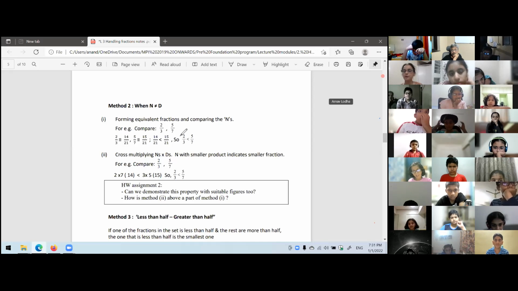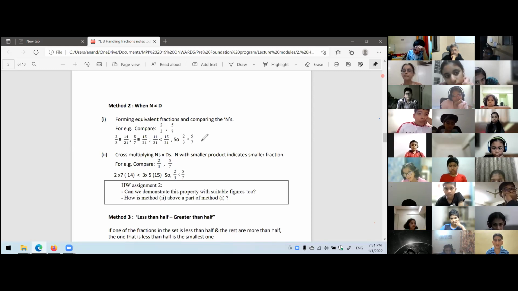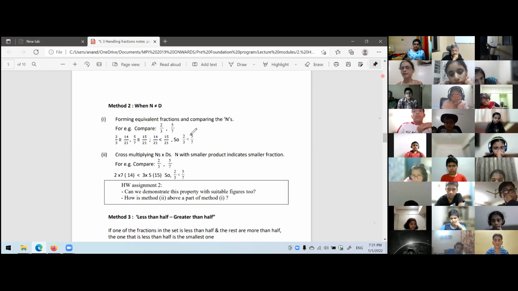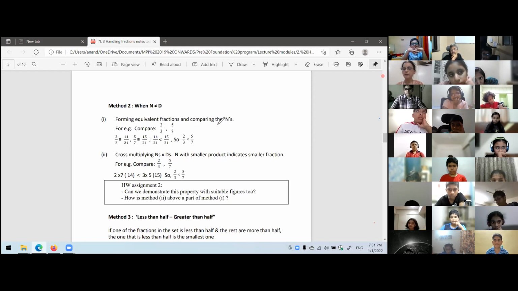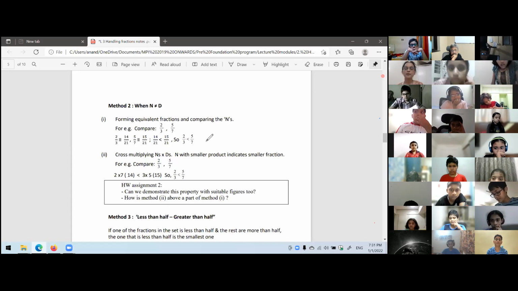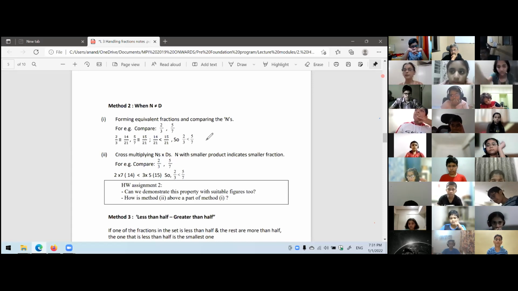You can demonstrate with strips, which is bigger, which is smaller. But today also some people are writing lines on the board. Please don't do that. Arnav Loda, do you want me to remove you from the meeting? Stop writing immediately. Don't write on the screen. Focus on what I'm talking. We are meeting for just 3 hours in the whole week. How many hours are there in a full week? 24 times 7 hours. Who knows the 24 table? In those many hours, we are meeting for only 3 hours. So please be focused and try to grasp what we are trying to give you. We are trying to build a very good base for you so that you'll be able to do good maths as you go ahead and you start enjoying maths.